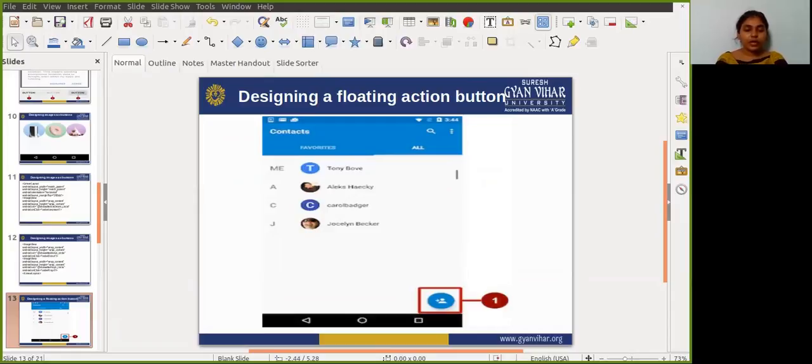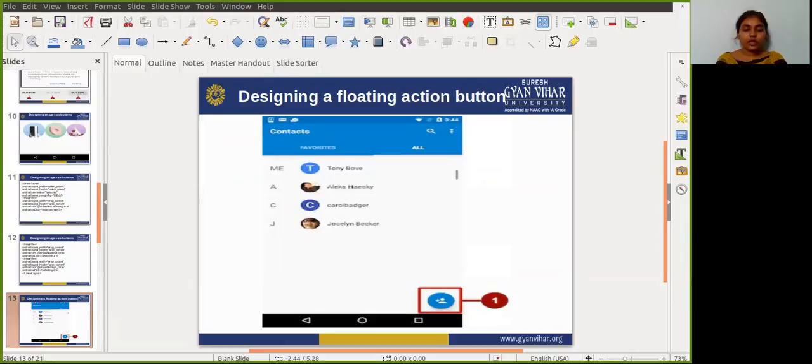Floating action buttons by default are 56 by 56 dp in size. It is best to use the default size unless you need the smaller version to create visual continuity with the other screen elements.